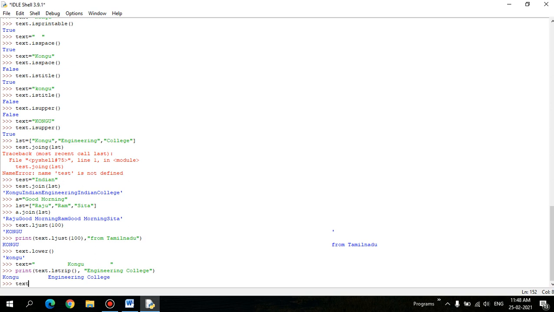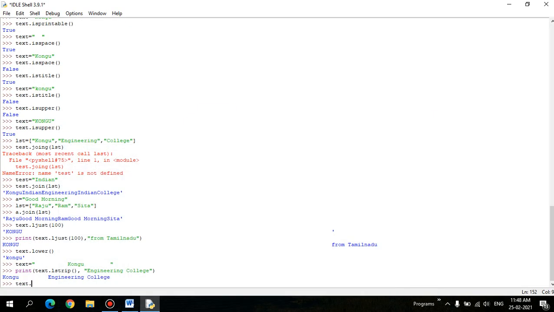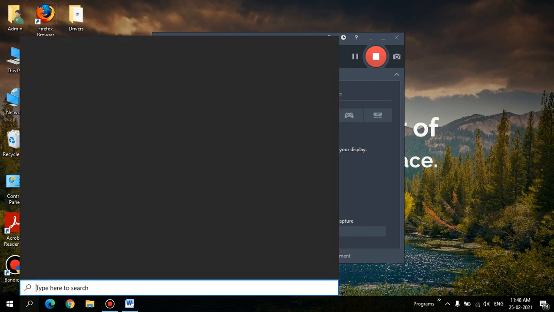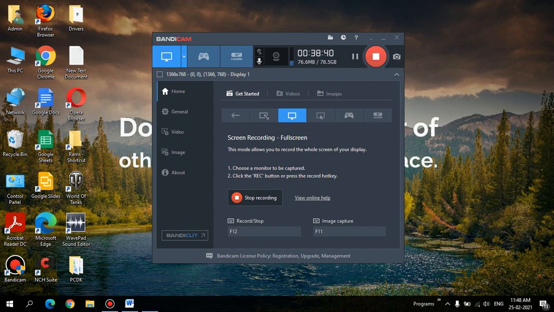And let's take the next function. Since you need to scroll down, we'll go with this. So maketrans is the function that is useful for replacing defined characters, right? Let's close this IDLE because we can't clear the screen, so let's open a new IDLE. Now it will be easy to work.